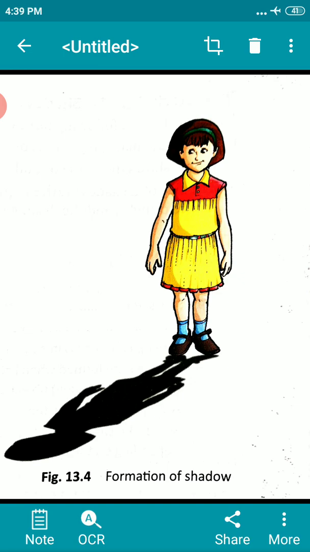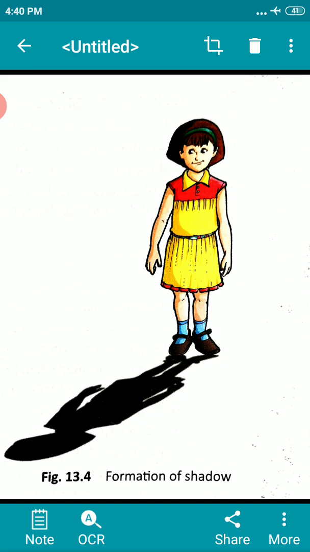What do you see on the ground? You can see a dark patch on the ground. The dark patch formed by an opaque object when it is placed in front of the source of light is called the shadow.